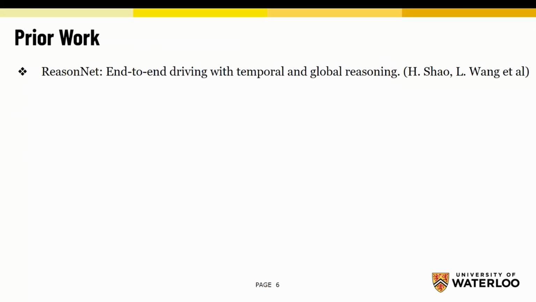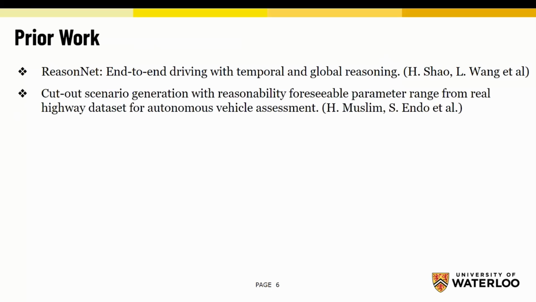Prior work in causing occlusion-caused collisions, or occlusion-related scenarios, is ReasonNet, which mostly focuses on generating scenarios with vehicles running red lights, or pedestrians running out of occluded areas across many intersections in Carla, which is a simulation environment. Cutout scenario generation focuses entirely on the cutout scenario, where you have a vehicle quickly change lanes to get out of the way of a vehicle in front that is stopped,